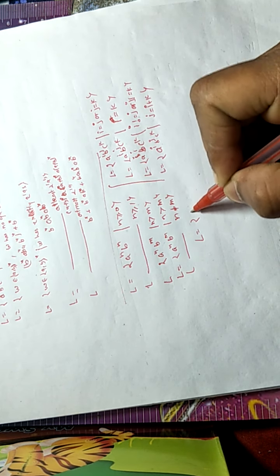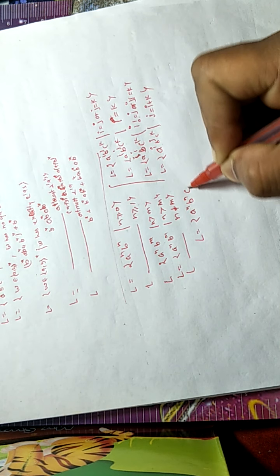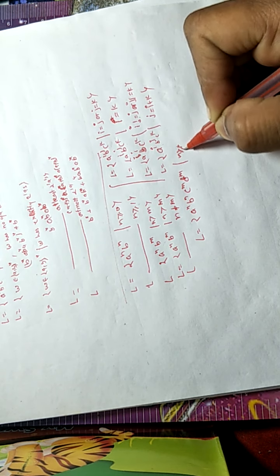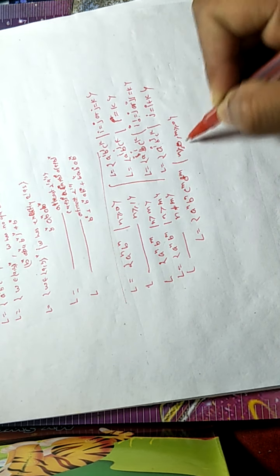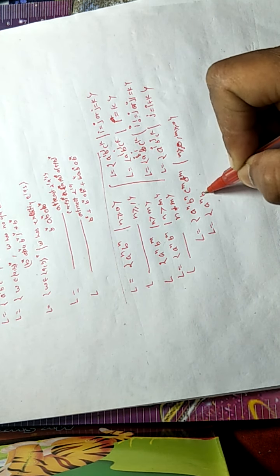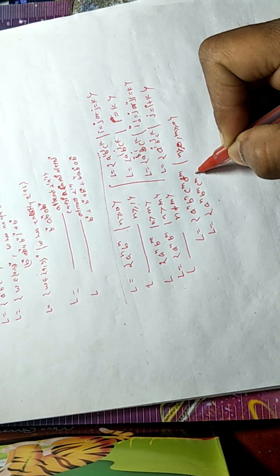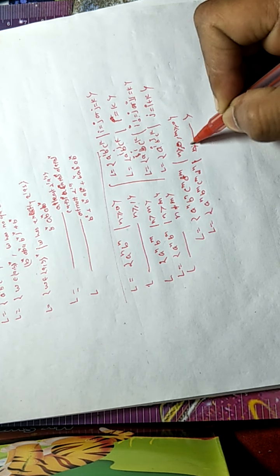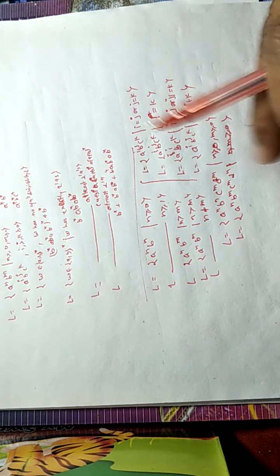Later we built for a raised to power n, b raised to power n, c raised to power m, d raised to power m, n greater than equal to 0, m greater than equal to 0. There may be 0 or 1 in another language. L is equal to a raised to power n, b raised to power m, c raised to power m and d raised to power n. There may be similar kinds of conditions, n comma m greater than equal to 0, or somewhere m greater than equal to 1, or somewhere n greater than equal to 0. So we built context free grammar for all these languages,